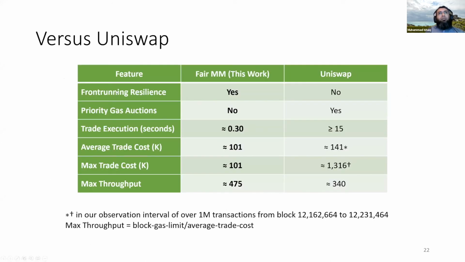Like I just said, Uniswap and other such distributed market makers cannot have front running resilience because the order of the trades is decided by the miners. So miners can choose to favor the transactions that they like for some reason. Maybe the transactions that are paying them higher transaction fees, or the transactions that belong to their friends. Because of this miner influence and the public nature of the blockchain, they cannot have front running resilience. Uniswap doesn't have it. We have it.